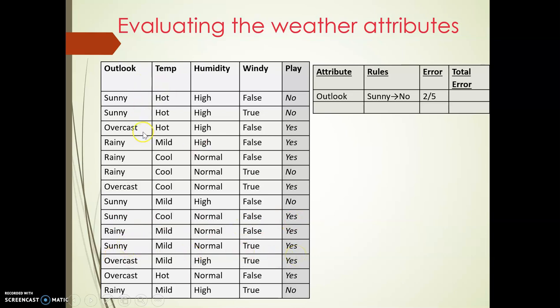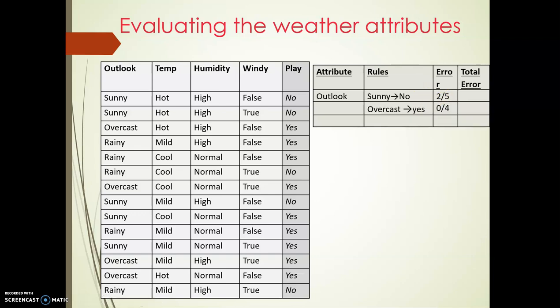That means out of the 5 sunnies, for the 3 you have the decision as a no, so you are going to conclude that with sunny as the value for outlook, the decision has to be considered as a no. Out of 5, the majority is the 3 values with the decision as no, and the rest 2 are yes. So the rest 2 are considered as the error rate here. So 2 out of 5 values here. Alright. So similarly, you need to calculate for the next value for the outlook attribute, that is the overcast here.